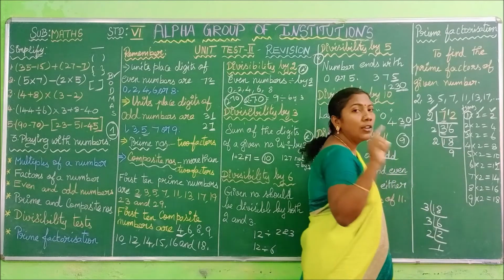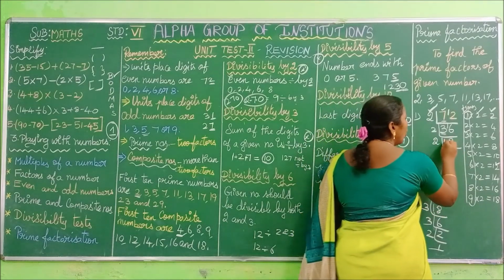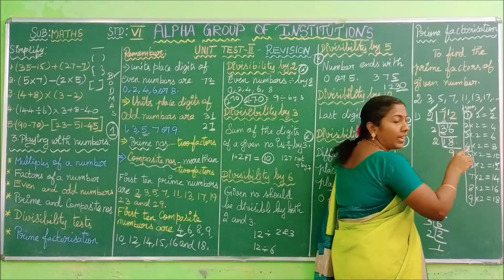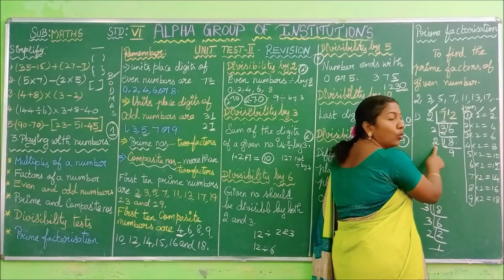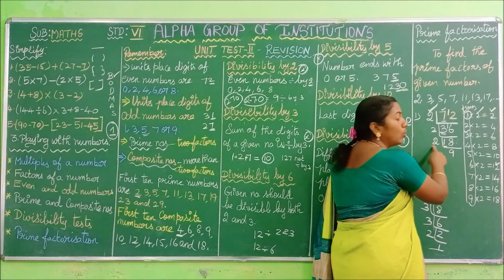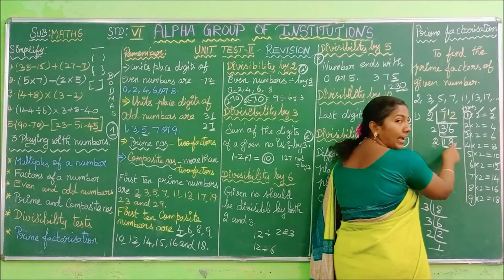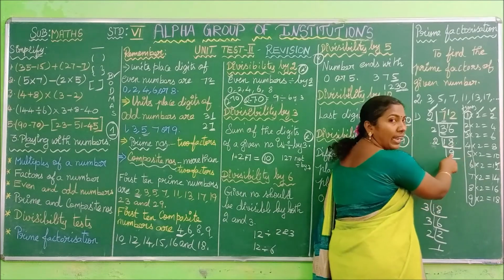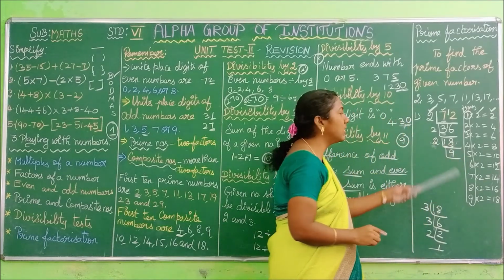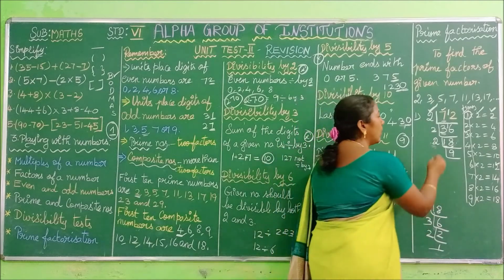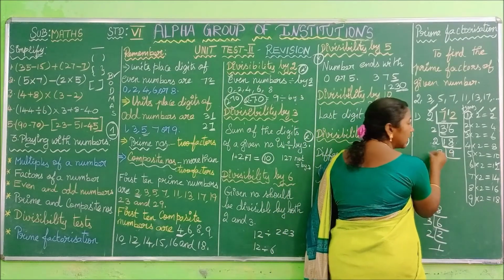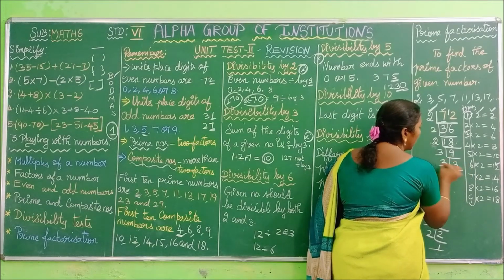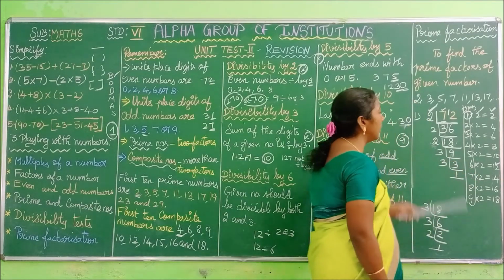In this case, we are selecting the 2 digit 18. Why are we selecting 2 digits? Because the first digit 1 is not enough. Because here we have the divisor 2, and the number 1 is smaller than 2. So we are choosing the 2 digit 18. Do you understand? So 9 2s are 18. Again we got the number 9. It is divisible by 3 only, because it is not an even number. Now I am choosing my divisor as 3. So 3 3s are 9. 3 divided by 3 only, because it is a prime number. Thus I got the answer.